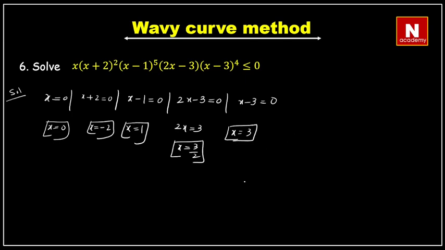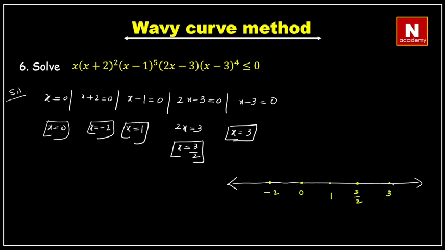Now in step 4, write all these critical points on the numerical line. So you are drawing the numerical line here. On this line we should write the critical points in increasing order. First -2 is there. Equality is given, that's why all are included and that's why I'm taking dots. So -2. Next critical point is 0 and after that 1. Next 3/2 is there. The last critical point is 3.